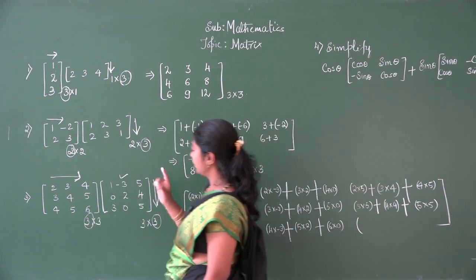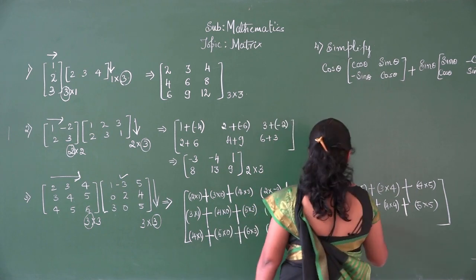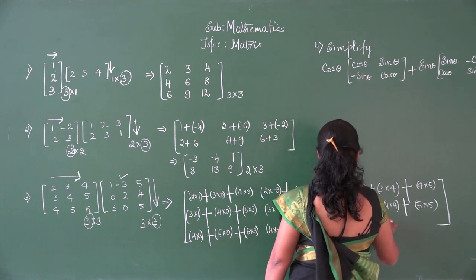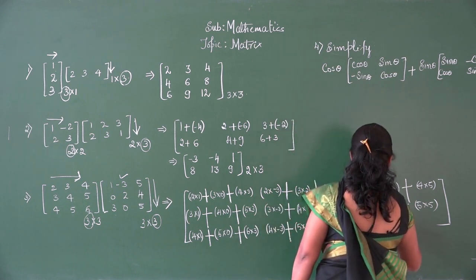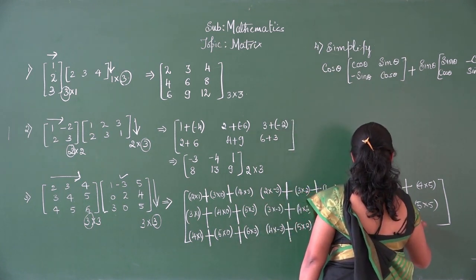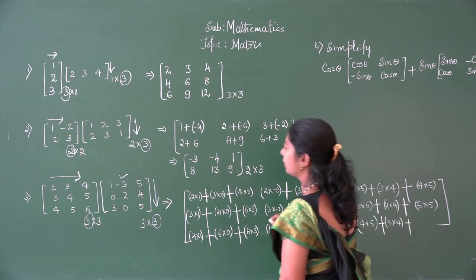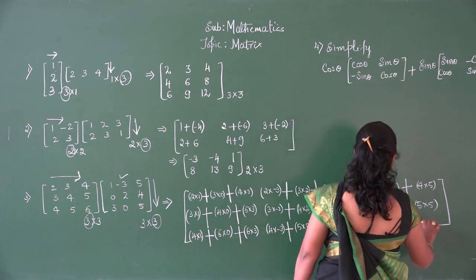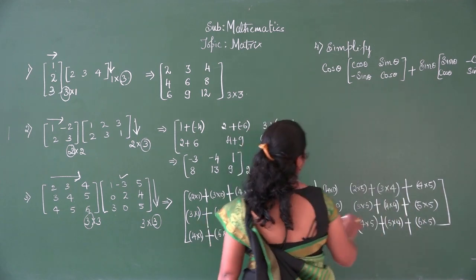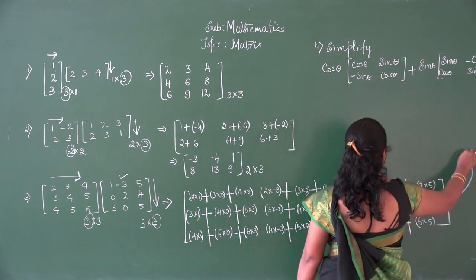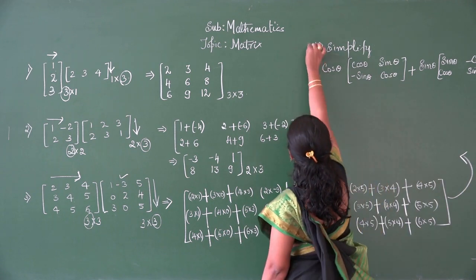Last row, last column, that is 4 into 5 plus 5 into 4 plus 6 into 5, and this will sum up to,